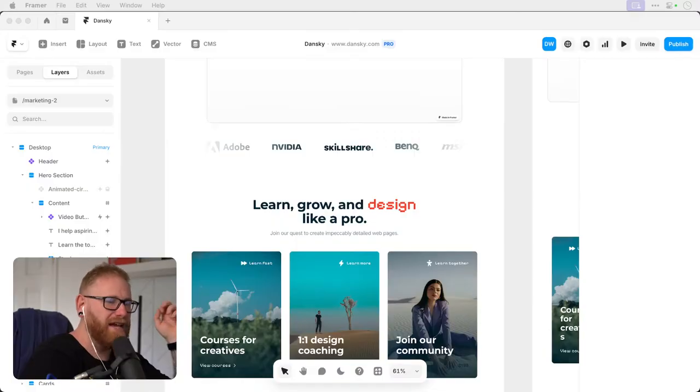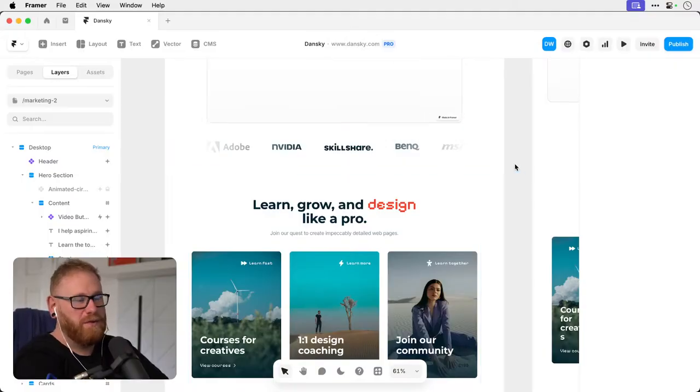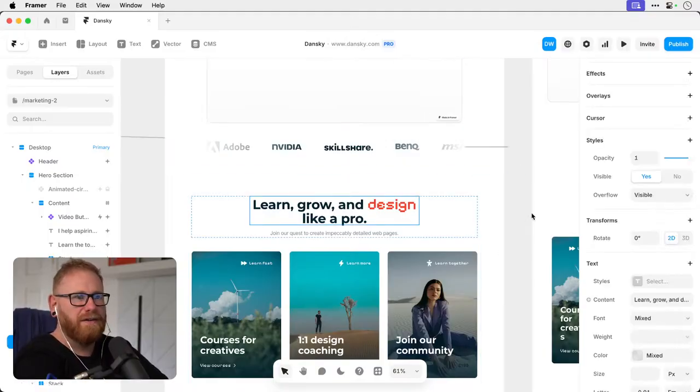Webflow versus Framer, yeah. There's probably loads of things that I don't know about Webflow and Framer, but I just know that one is a far superior experience for me as a graphic designer and a non-techie person and someone who appreciates clean, simple UI, and I can get a lot done very easily. There's been so many times where I don't know if something's going to work a certain way, and then I go and it does. It's just very intuitive. If you think that you might be able to do it, you usually find that you can.